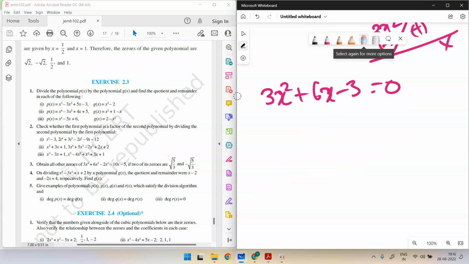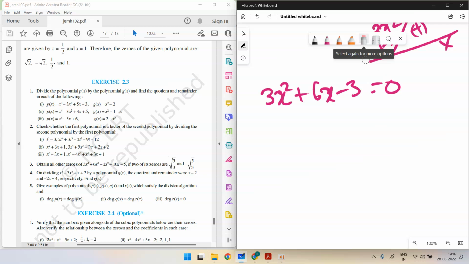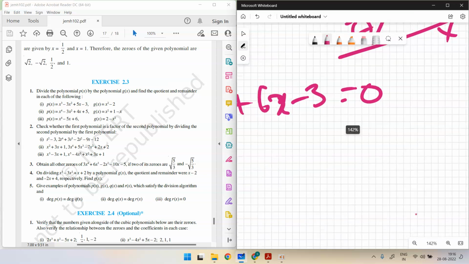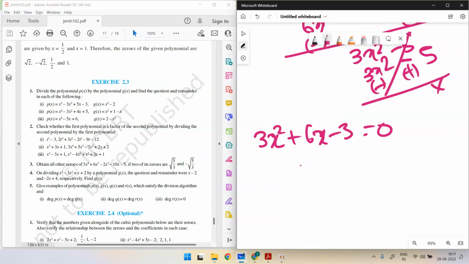For easy calculation, now if we take 3 common,